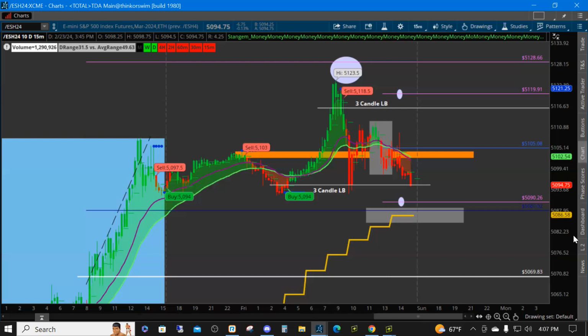Because when you go back, it takes the time that night to do the setup, and then now I can take a trade off of that. Right? At 8, 9, 10, 11 o'clock. Yeah. But don't take a trade until you do the setup. And that's the reason why, for me,